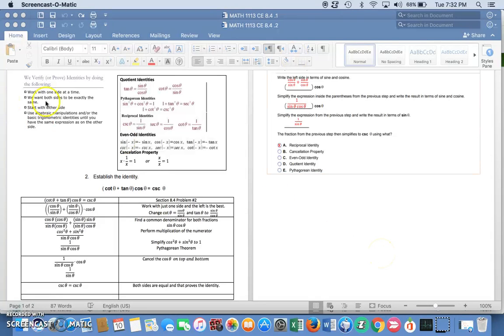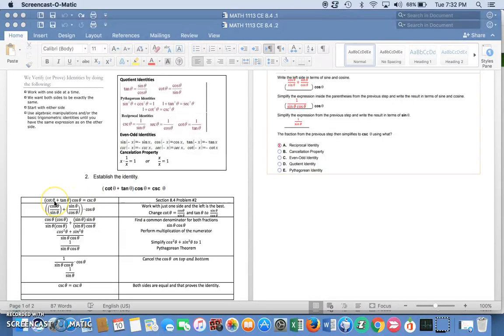Okay, this is problem 2. Kind of got it so you can see most everything. These are the steps that we talked about earlier. These are the identities, and this is to establish the identity just like it did before. You generally start with a more complex side, which is the left side, and you want to change everything to